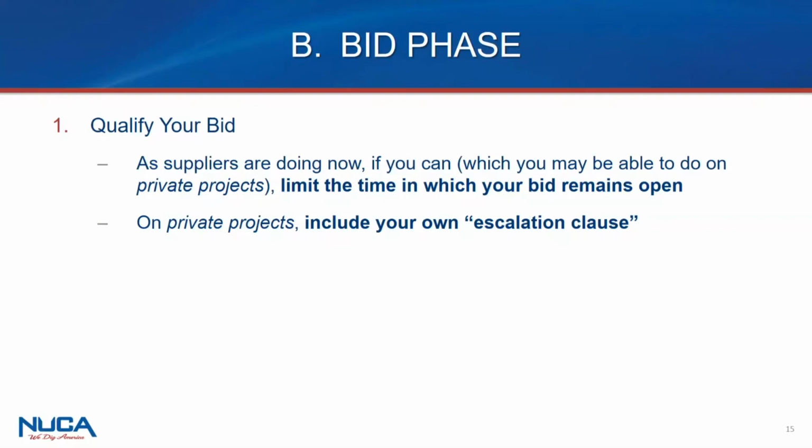But certainly on a private job, since it's not subject to the public bidding laws, you have the right to qualify your bid, be it as a general or a sub, to say, hey, look, here are the conditions of my bid. And certainly you can have whatever ones that you have in there consistent with some recommendations that we're making. But again, while a supplier on a public job can qualify their bids, which is to say my bid's only going to be effective for this period of time, since generals and subs probably won't be able to do it in public, what we're proposing here is something you'd be looking to do in a private job. Okay, next.